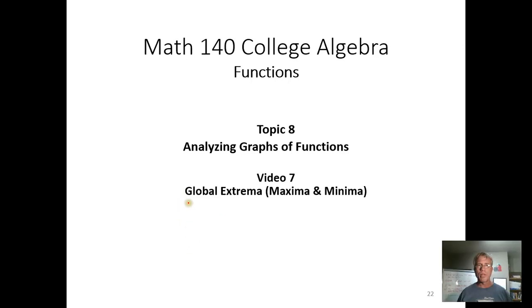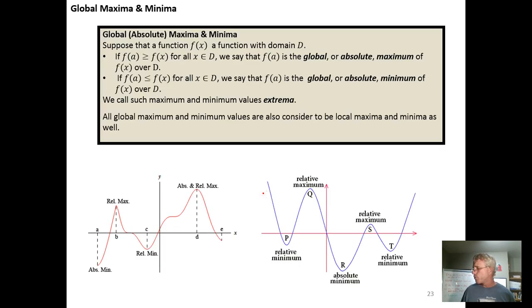So in this video we're going to go over how to find the global extrema for a function if they exist. So for global extrema, it's different than what we did for the local min and the local max values in that we want to look at the function that we're working with over its entire domain. And what we're looking for is, is there a largest real number output that occurs, and is there a smallest real